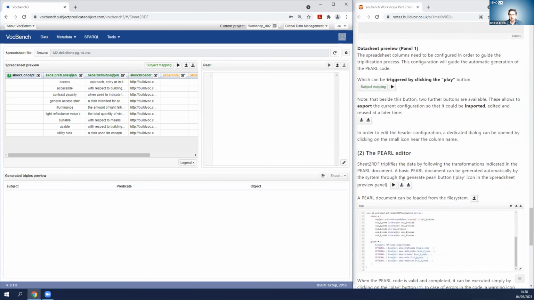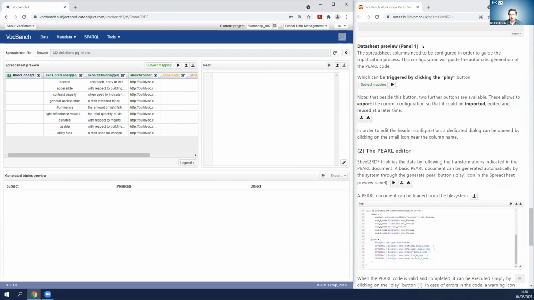And the next bit, panel 1 is the data sheet preview. So I'm not going to click the play button here. And the reason is that I found over the years using Sheet2RDF it's easier for me, and this is just me, to manage it through the Pearl. So one of the other files that was available to download was a Pearl file. So we'll click load,